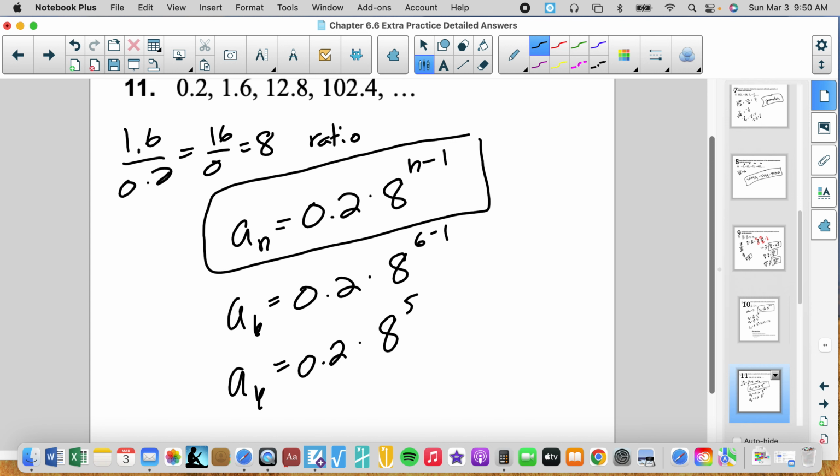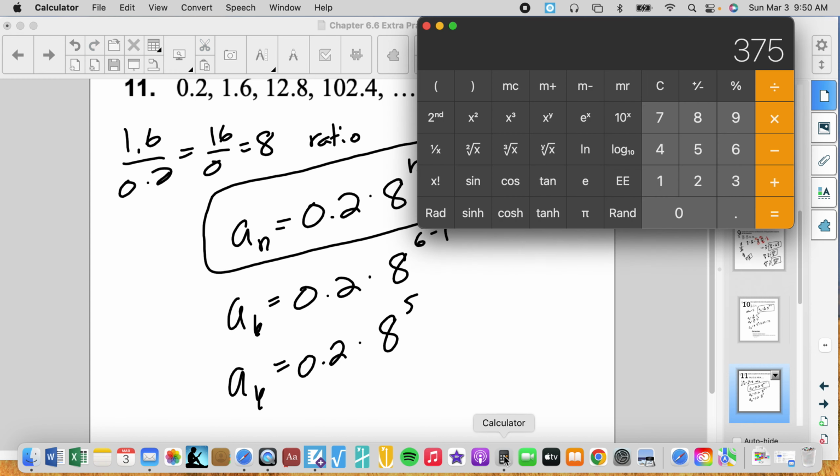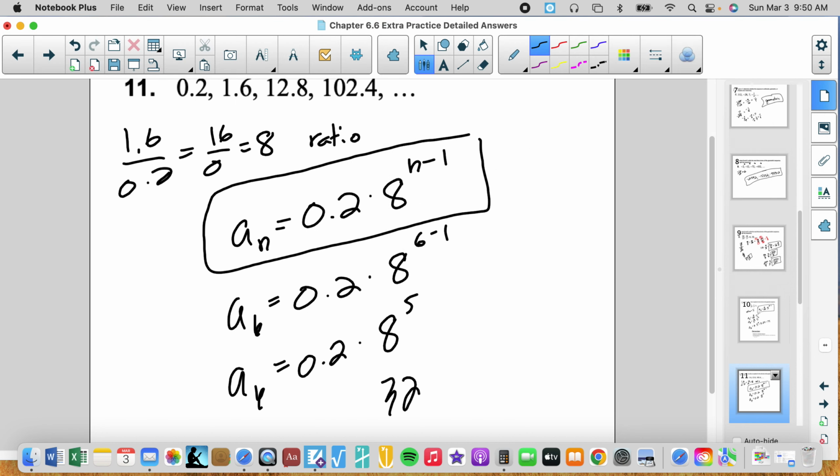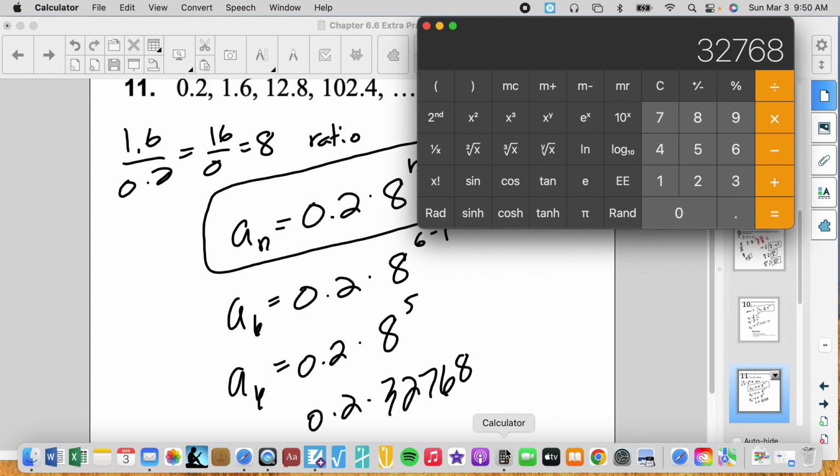Yeah, that doesn't really do anything, right? 2 to the negative 1 just means 1/2. All right, so we can't do that. So we're going to do 8 to the 5th, which equals 32,768 times 0.2 times 0.2,